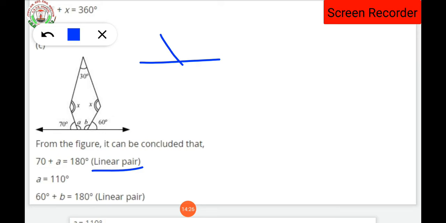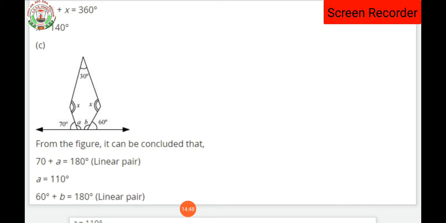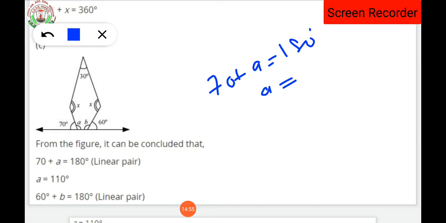So suppose this is 70 and this is A. This angle, half part of the angle I had made, so this angle intersection is being done in a straight line. That's why the linear pair axiom is used. What is the linear pair axiom statement? The sum of the two angles will be equal to 180 degrees. So 70 plus angle A is equal to 180 degrees. A is equal to 180 degrees minus 70, you will get the required answer as 110.